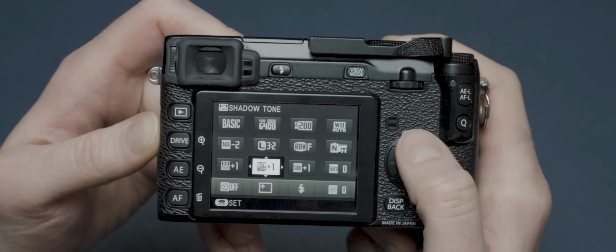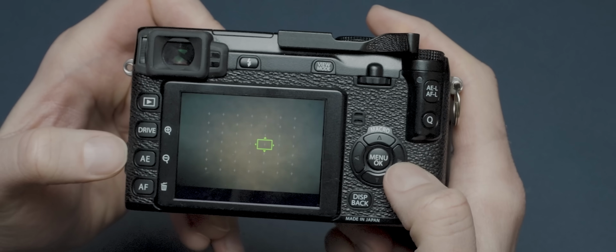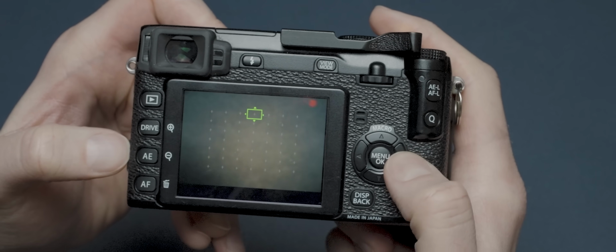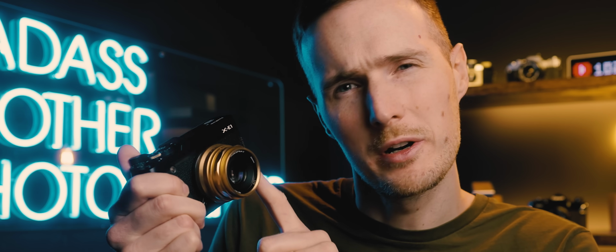Now, although there's no joystick on the back for moving around the active AF point, there is at least a dedicated shortcut button to the left of the screen which grants quick access to this option. But for the most part I shot with this cheap manual focus lens, but more on that a little bit later. As I've already kind of mentioned, the X-E1 did have a few of its features chopped off, and the